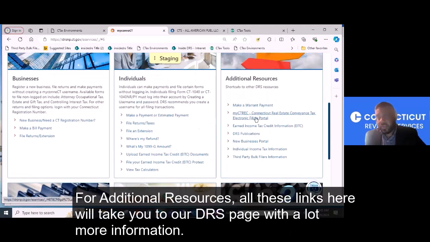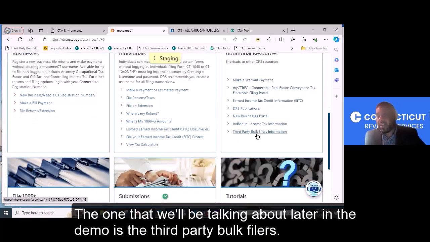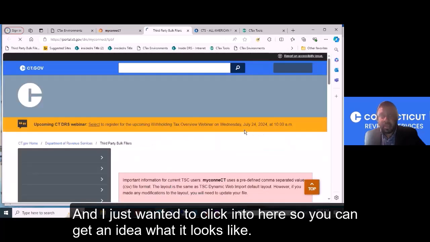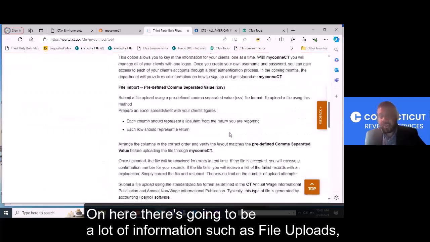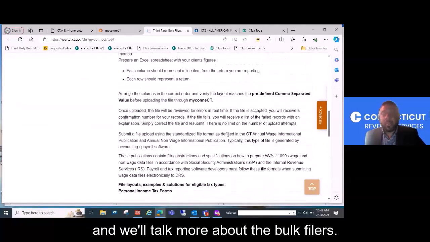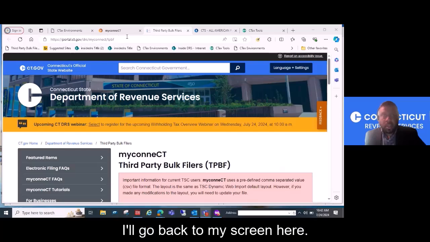For additional resources, all these links here will take you to our DRS page with a lot more information. The one that we'll be talking about later in the demo is the third-party bulk filers. And I just wanted to click into here so you can get an idea what it looks like. This is our Department of Revenue Services page. And on here, there's going to be a lot of information such as file uploads, and we'll talk more about the bulk filers if you do want to become a bulk filer to file many returns. I'll go back